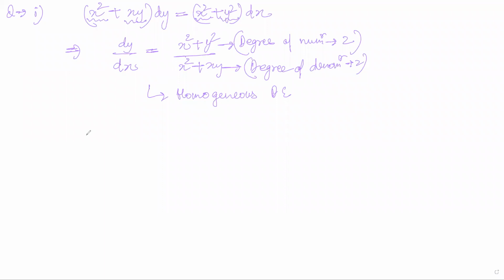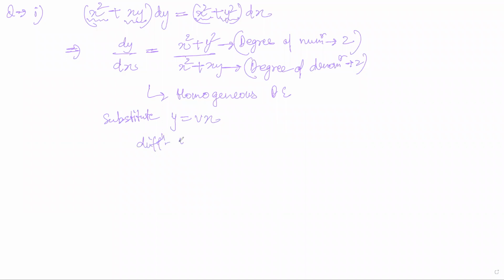And in this case, now after checking this, let's substitute whatever the substitution we have to use. So the substitution was y by x with v. So basically y is equals to vx, you can write it directly. Y is equals to vx, and so let's write it properly first. Substitute y with vx,